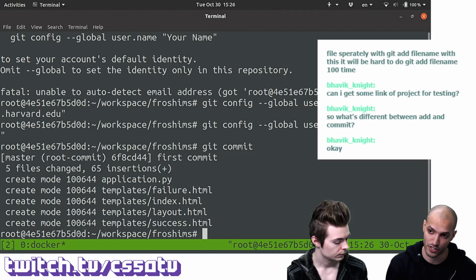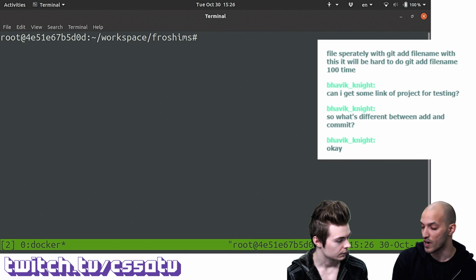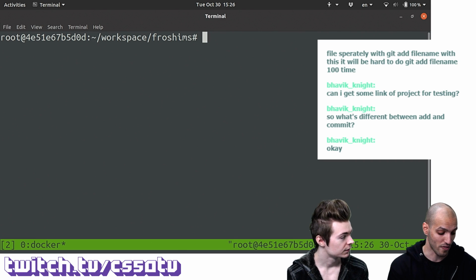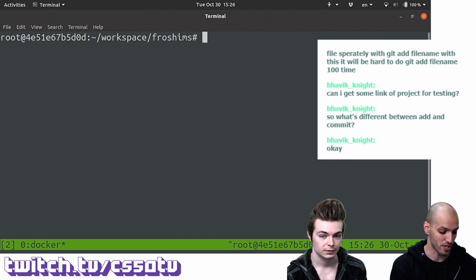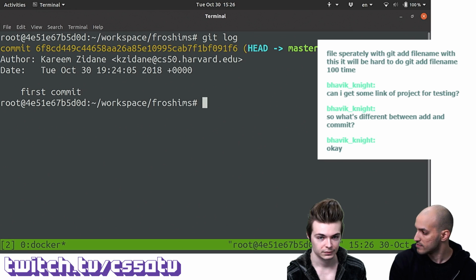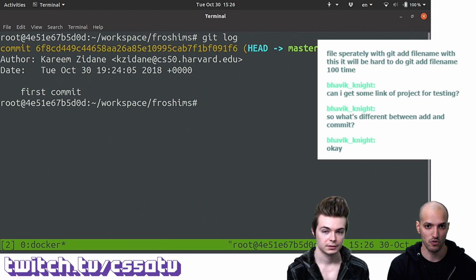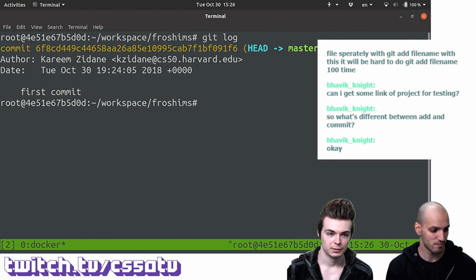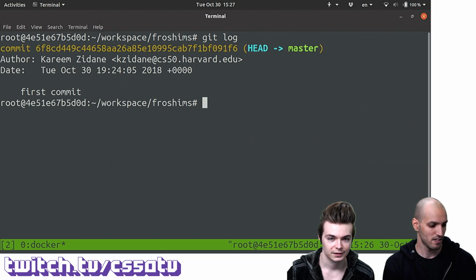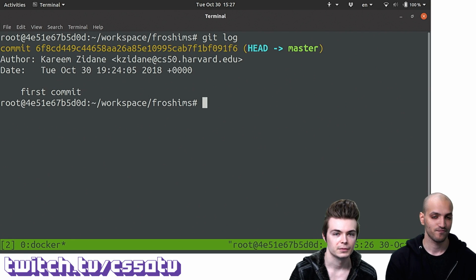One thing you might be interested in, though, is looking at the commit history so far. Sure, yes. One way we can do this is using the git log command. Right, okay. And it shows this long, weird, yellow string. Hide the chat there just for a second so you can see the full thing. Okay. All right.